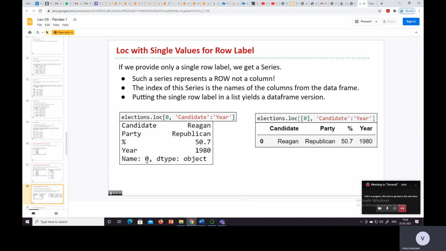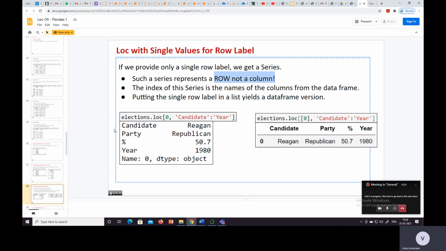That is the name 0 we are getting here for this series. Such a series represents a row, not a column. It is representing a row, and that's why the name is 0, and the dtype is object. The index of this series is the names of the columns from the data frame.